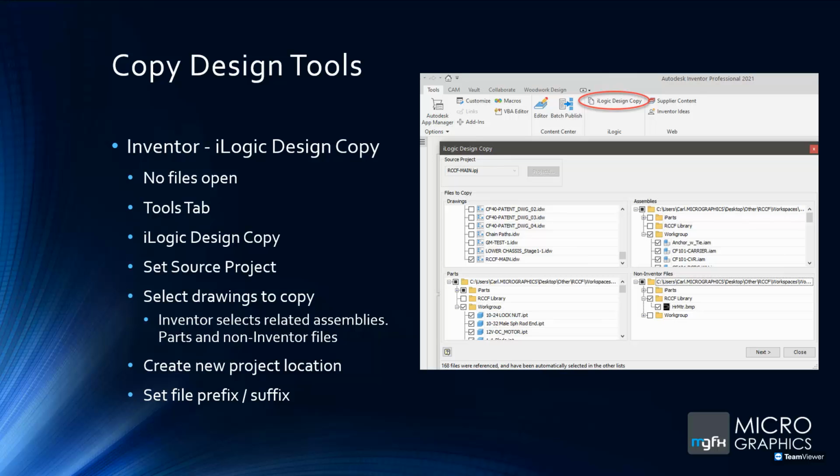So the more drawings you select, the more children will be selected to copy. And so this way, you can get all those related components copied. The only drawback to this is I haven't found a way to multi-select drawings. So if you have a lot of drawings, you're going to be going down that list, clicking on the various drawings to select them. Once you've got all the files selected that you want to copy, you'd hit next, and